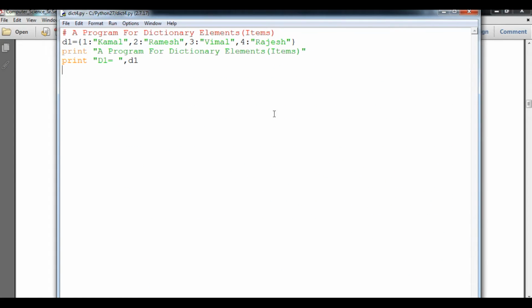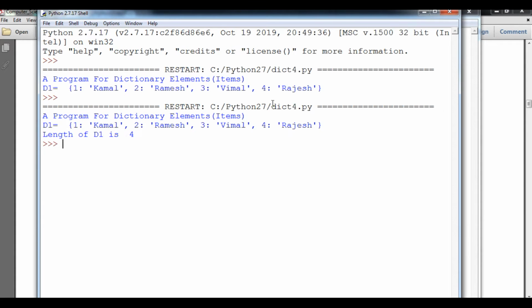The len function helps you to count how many elements there are. So we are going to print the length of D1, simply len D1. Now after running that, you can see how many elements there are: 4 elements.